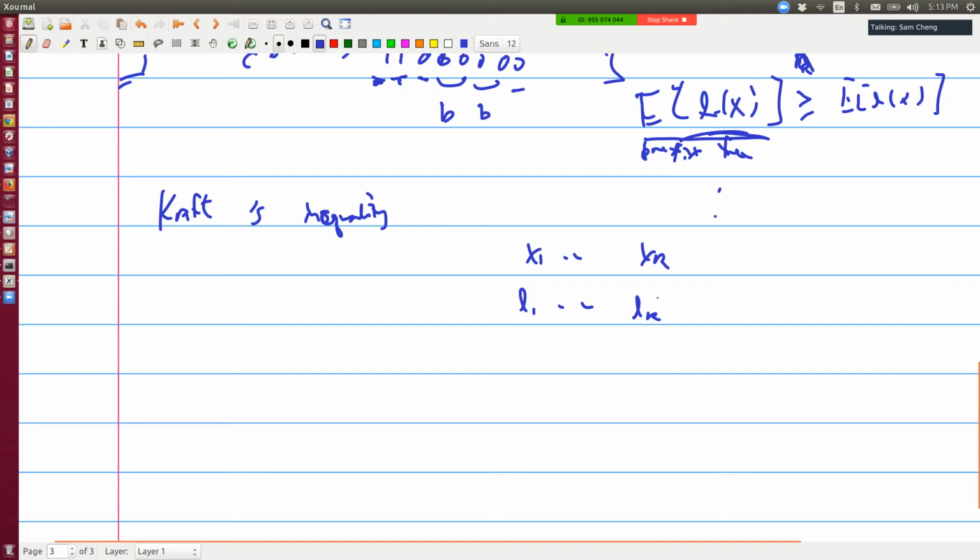If I satisfy Kraft's inequality, that is, the sum over 2 to the minus LK is less than or equal to 1, then I will be able to find a code such that the length will be just